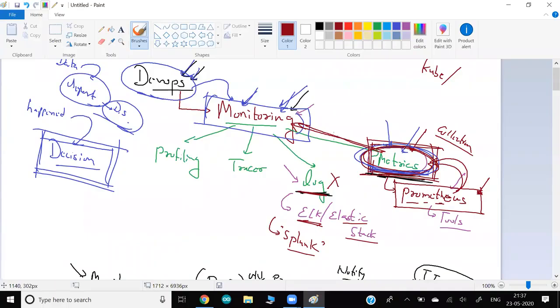And for monitoring, there are again a lot of ways available. Maybe from Prometheus also we can do the monitoring, but Prometheus has actually been created to just collect the metrics. For the monitoring, we use another, different tool. One of the great tools that we always use with Prometheus for monitoring, which gives very beautiful visuals, graphs, real-time graphs, is called Grafana.